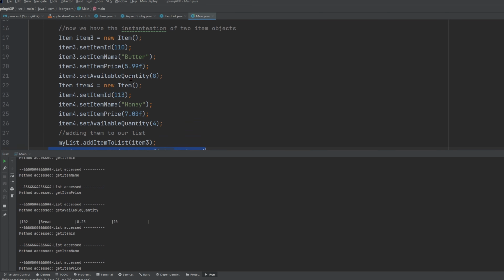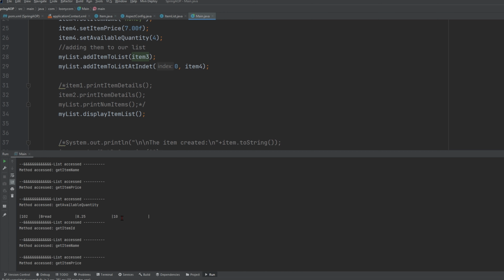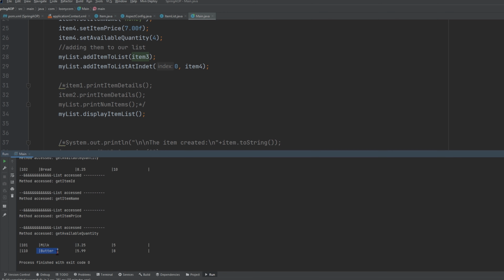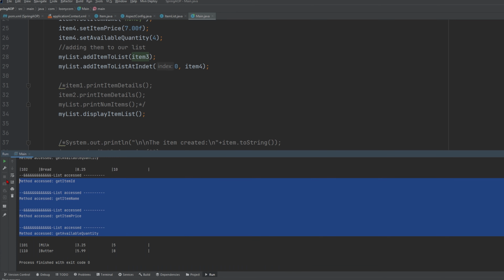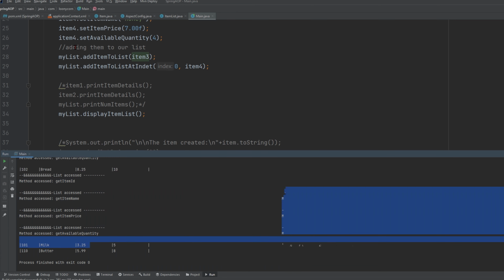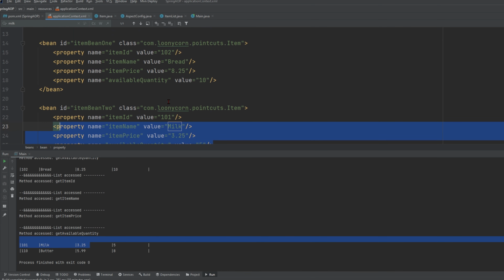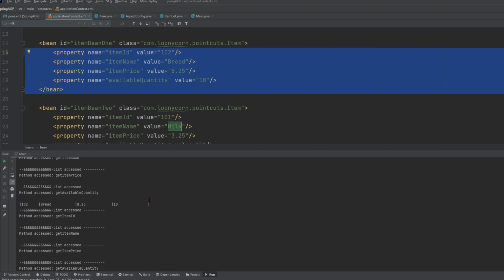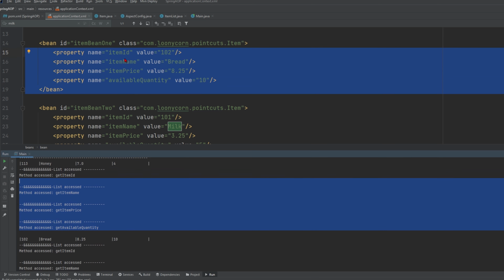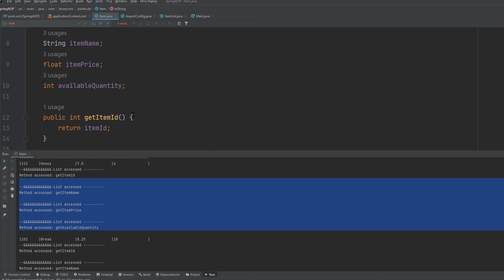And this is going to be the same for our butter. So we're adding it inside of our main method. So that means that butter right here is not going to have any getters before it. All these getters right here are for our milk. And that's because our milk is already a bean inside of here, like this. Just like our bread right here. Bread is these right here. And so with our milk and bread already inside of here as beans, because these access beans,